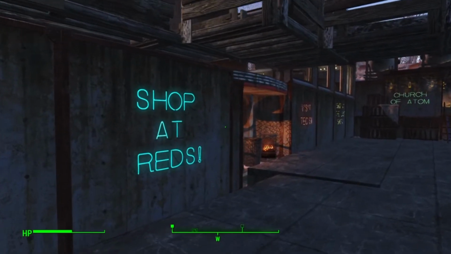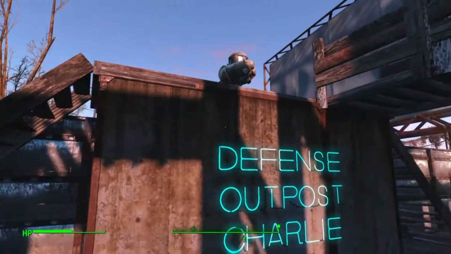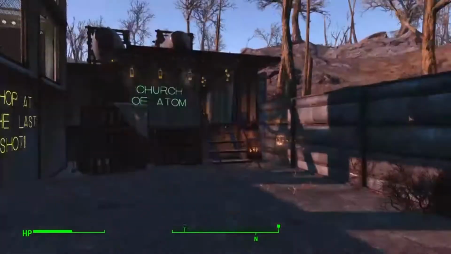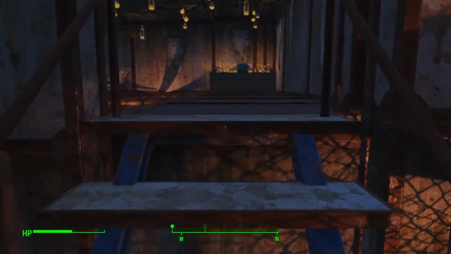Yeah, there we go, first person. So these are some of the businesses that we have around Starlight City. We have a defense outpost. Not too much defense out here because we don't really get attacked from this side. But the first sort of attraction, I guess, is our Church of Adam, which basically I just wanted to make